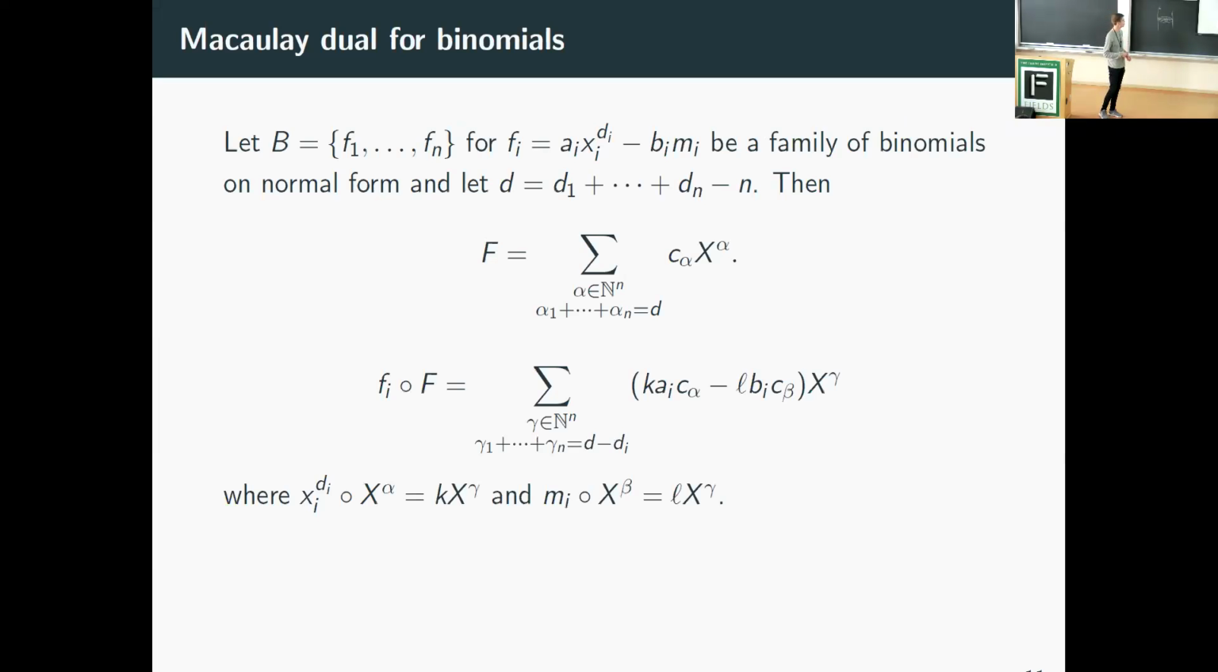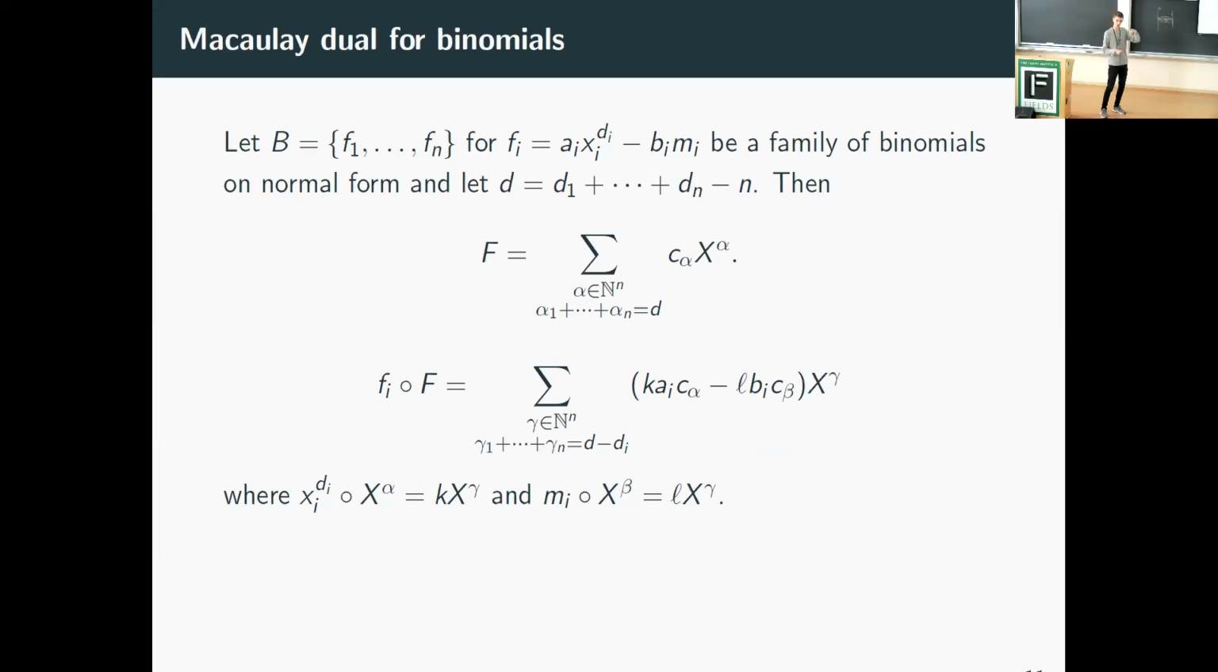So what we need to do, well, we'll let our little binomials act on it, and we want this to be 0. That is, we want these coefficients here to be 0. But now we need to see what is the relation between these C alphas and C betas that appear here. Well, what is actually